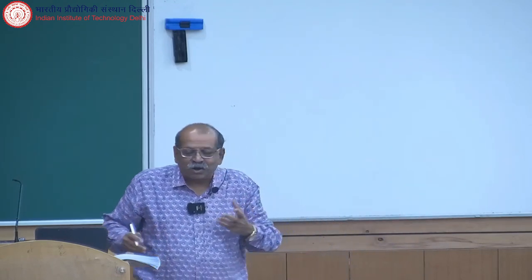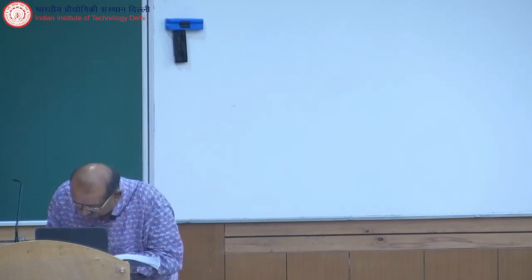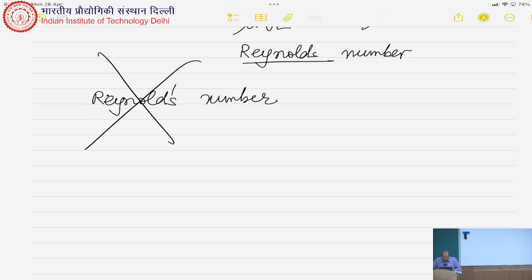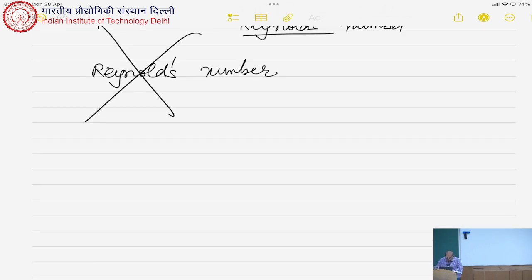He was not Reynold. So if you ever write it with an apostrophe, that is a big no for me. I don't want to see that. He was a very celebrated scientist. His name should not be spoiled. So, what we find is Reynolds number turns out to be one of the most important dimensionless numbers